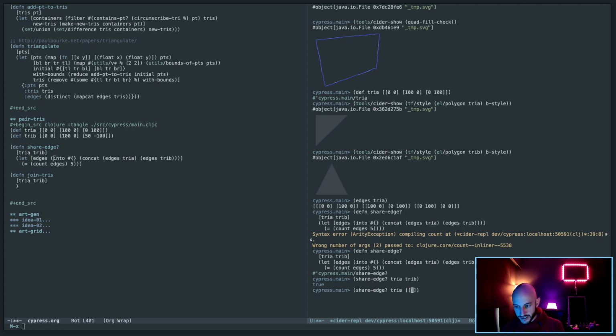But if I do try A and try C is 0, 0, 101, so the edge is actually not connected directly, and then 50, 50, false. Okay, that's good. So join tries, I actually kind of wonder if I just do this. So given two triangles, if share edge, try A, try B, if they share an edge, I want to just return